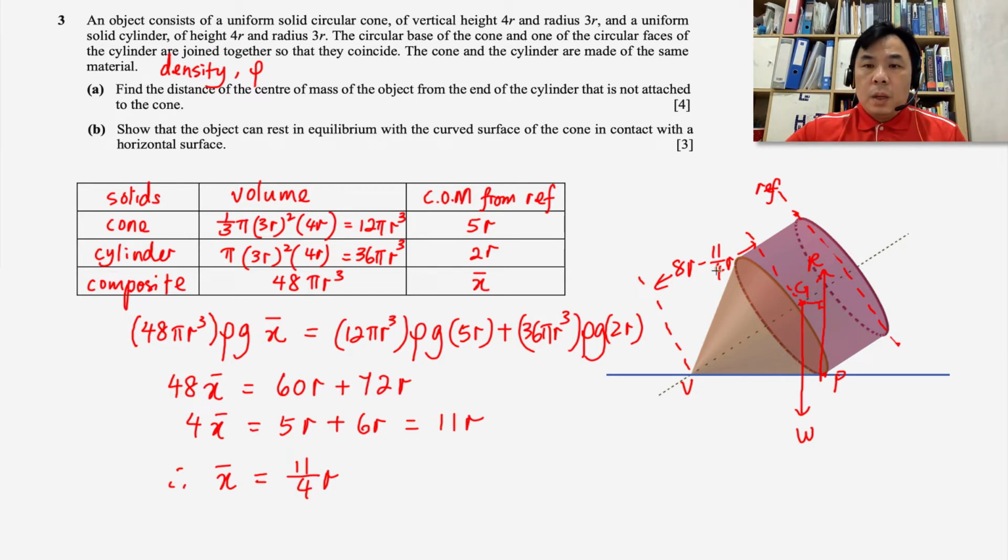That would give us 32 minus 11, so 21 over 4r at this point. Okay, and then we're going to use this measurement, from the vertex to the center of mass, to determine